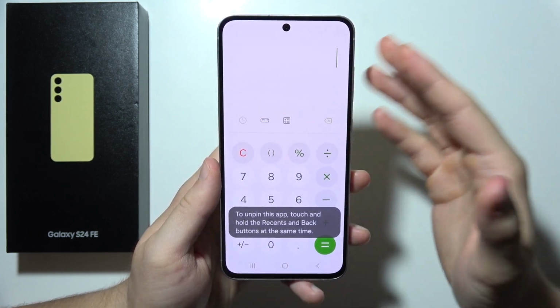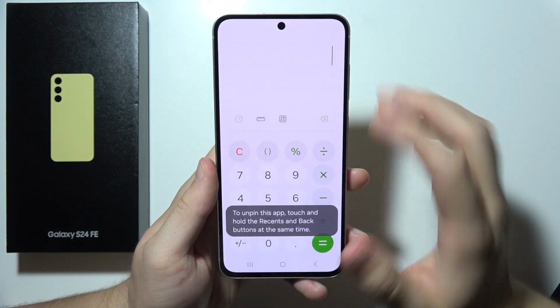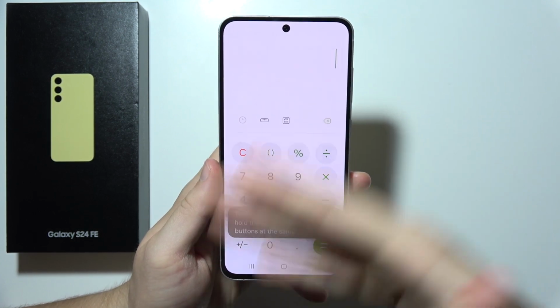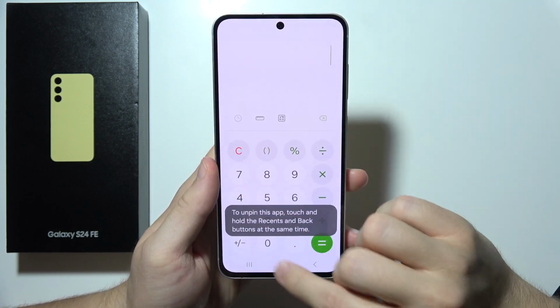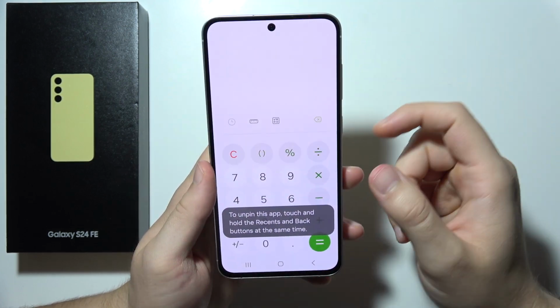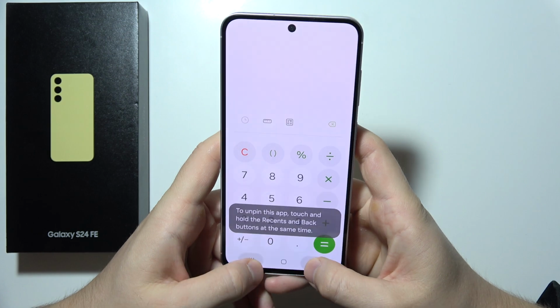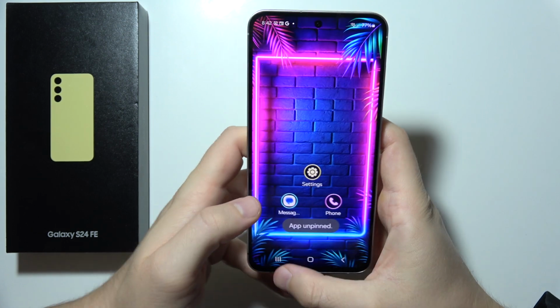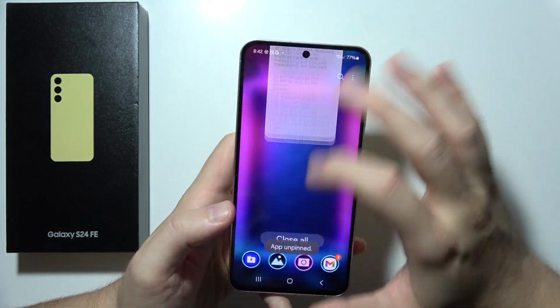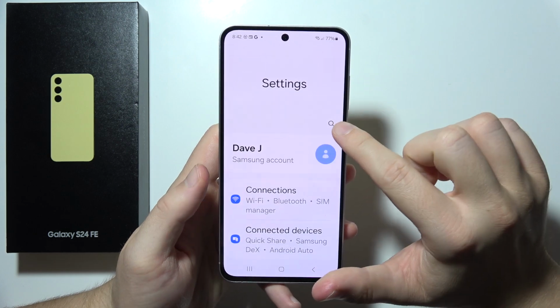Hey, if you want to pin an application on your Samsung S24 FE, take a look. Like in my case, as you can see right now, I'm just unable to actually get out of this application. So first of all, I'm just going to close it. There we go. And you will have to actually start by going into the settings, click on the search and